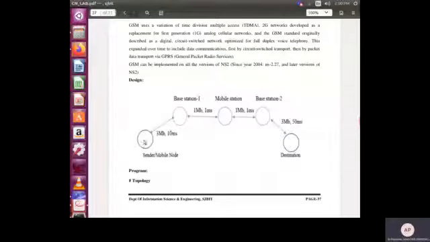Any node will be connected to a base station, a base station which is very near to you, and another base station which is very near to the destination node. In between, if the base stations are separated by a long distance, we may encounter mobile stations. So this is the topology or the environment that we use to simulate this program.